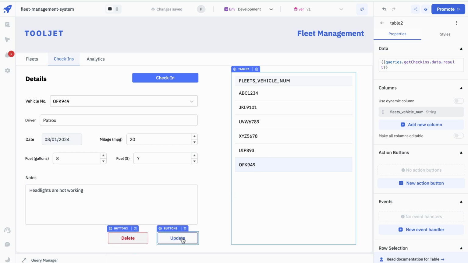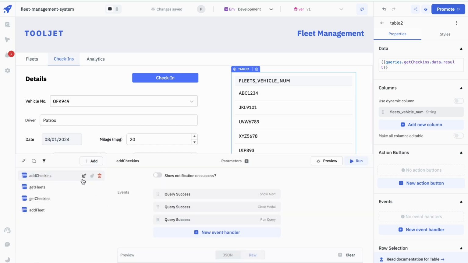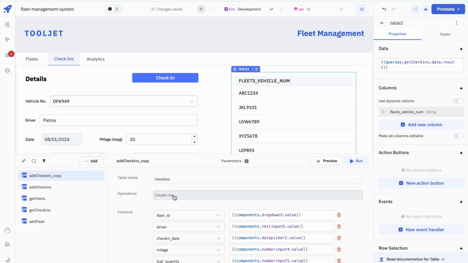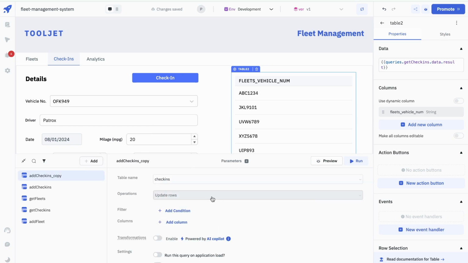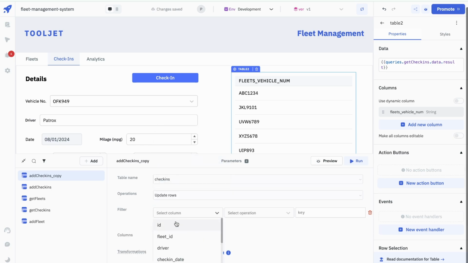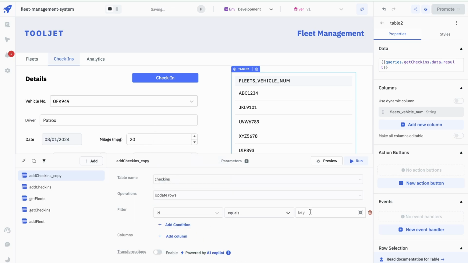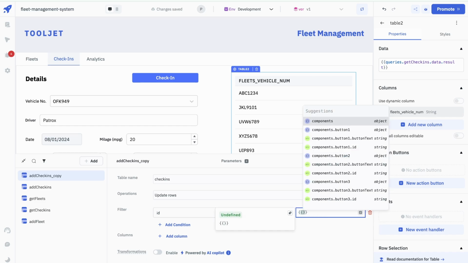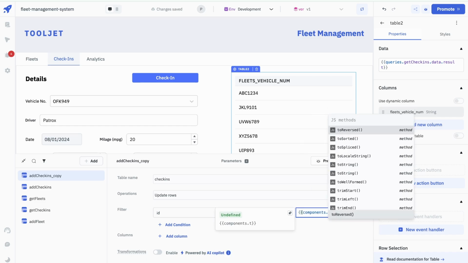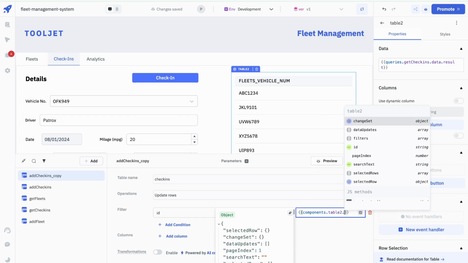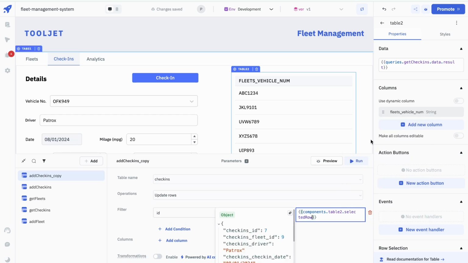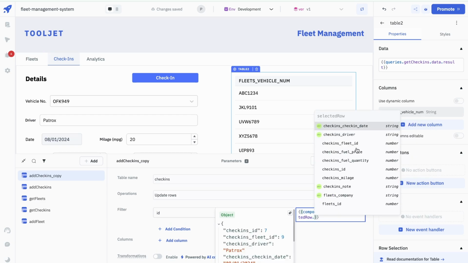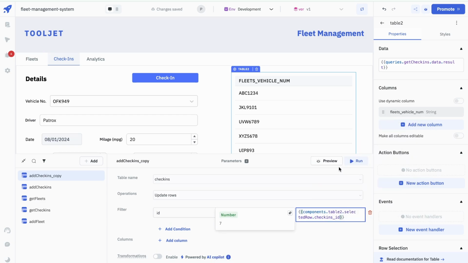Now we are just left with 2 of these, so let's do that. Let's duplicate the query, and we'll be doing the update rows here. Okay, in filter we'll be adding id, and it should be equal to component table 2 and selected rows, and it should be the check-in id. Okay,